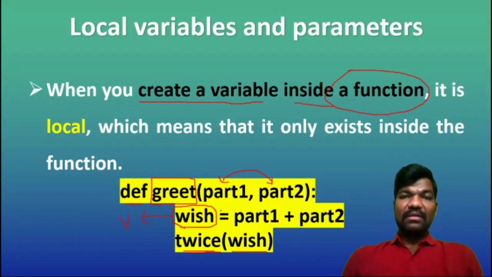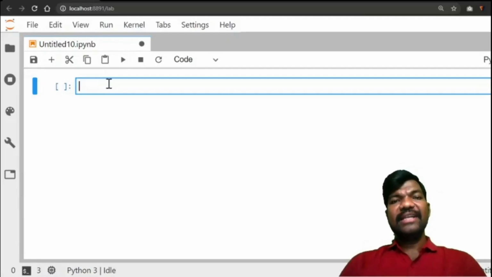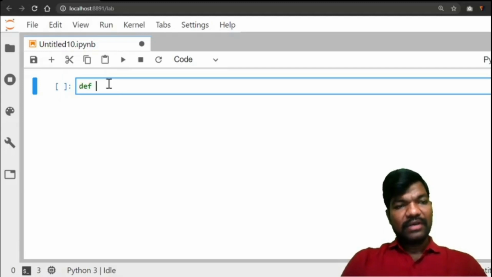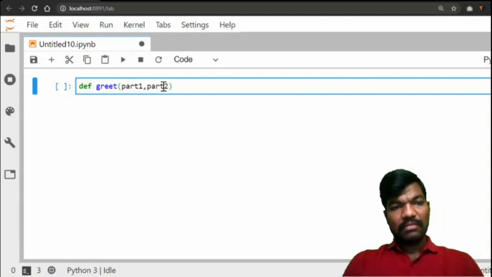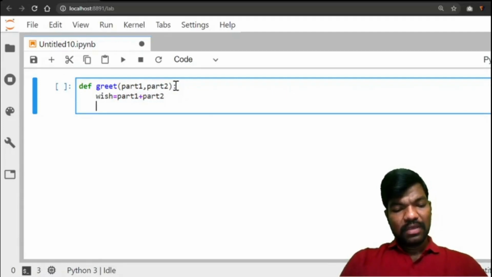Let's get into the detailed explanation by using Jupyter Notebook with the same example. First create the greet function. How to create? Define function name greet, give arguments part 1, comma, part 2, close. wish equal to part 1 plus part 2. Now print of wish.